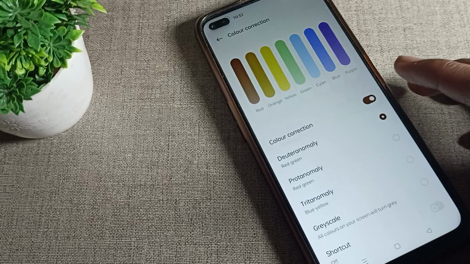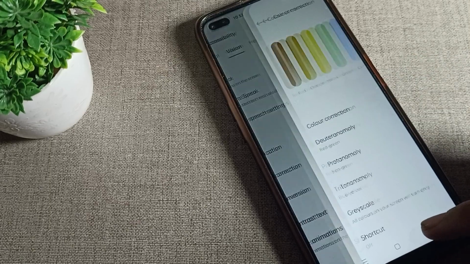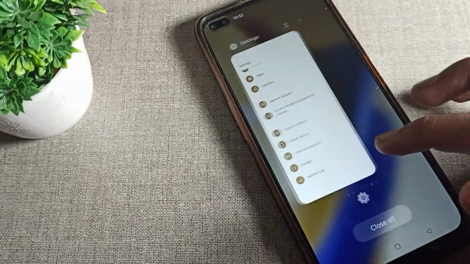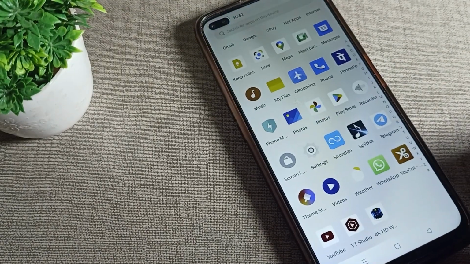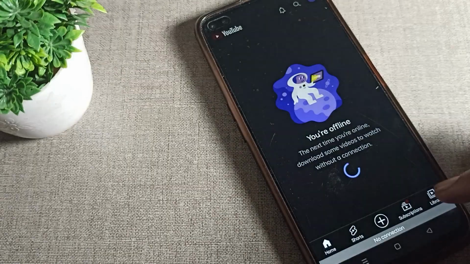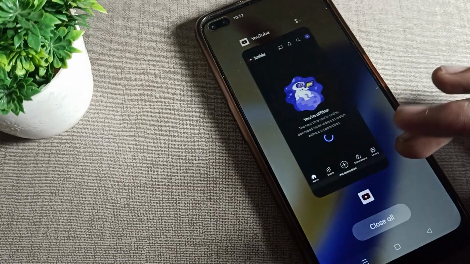So friends, you can use your color correction setting from here. After turning it on guys, you can see your icon color will change and the screen color will change. So like that guys, you can turn on your color correction setting and you can use it in your Realme